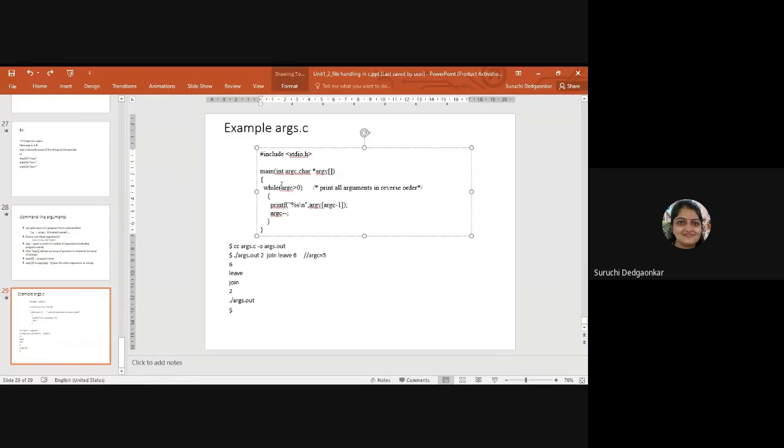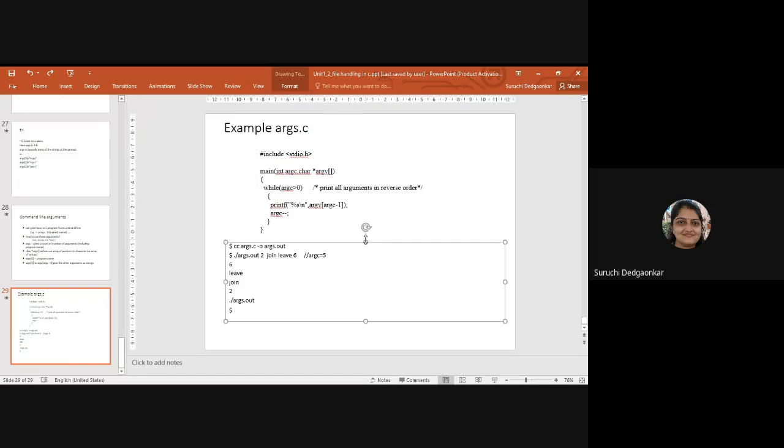Okay, while ARGC is greater than 0, so this is my definition of main function. While ARGC is greater than 0, print all the strings from ARGV. Okay, so first displayed will be ARGV of ARGC minus 1. Okay, and argument count will be decremented.